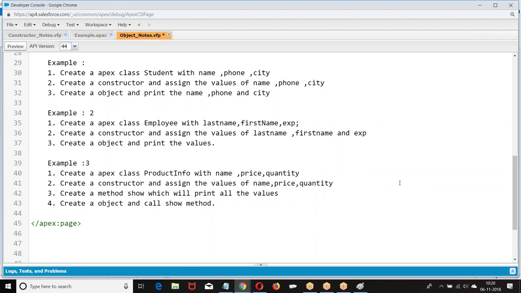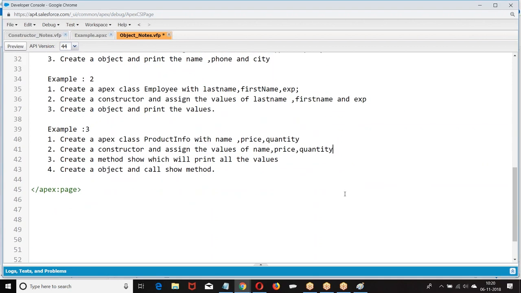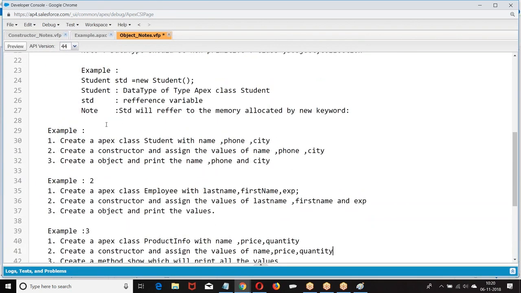Yes, Rohit, go ahead with your query. Now, how are we building? Declare the student object in the constructor.